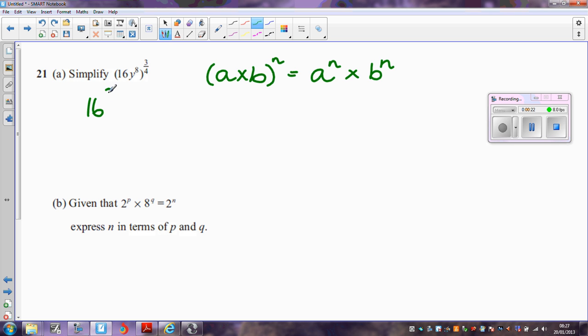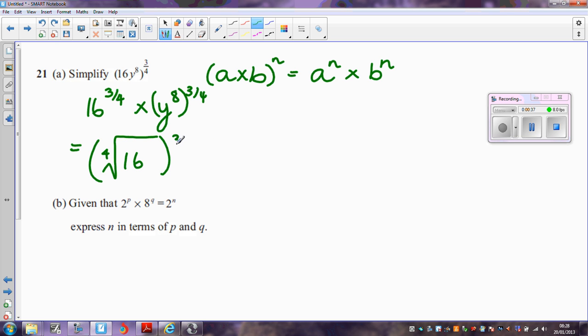What we've actually got to do is 16 to the power 3/4 multiplied by y to the 8 to the power 3/4. So let's think about the 16 first. Remember, this means that we have to find the fourth root of 16 and then cube it. The y to the power 8 to the 3/4, we're going to do the powers multiplied together. I'm going to write them this way round because it's slightly easier. 3/4 times 8, what we're going to do with the powers here. Okay, fourth root of 16 is actually 2, so this becomes 2 cubed multiplied by, and then the y,